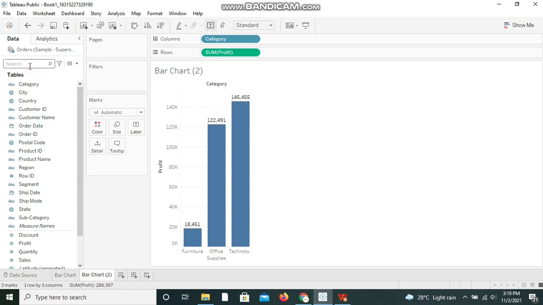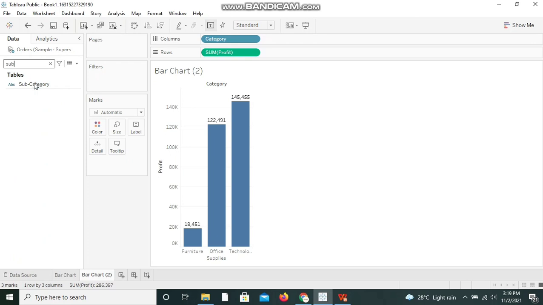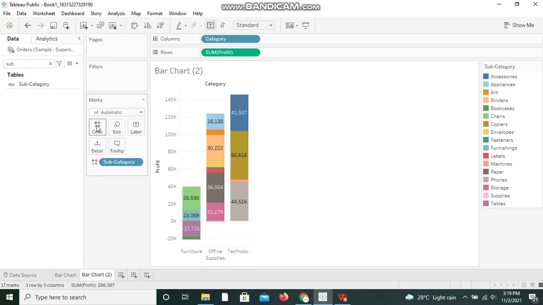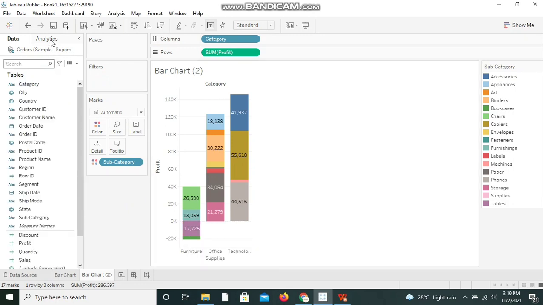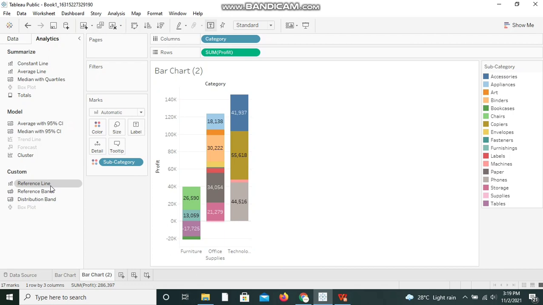I am taking a secondary dimension, subcategory, and dragging it to the color marks card. So now we have the values split across different subcategories. Let me show you the totals of each and every bar so that I can explain the purpose clearly.